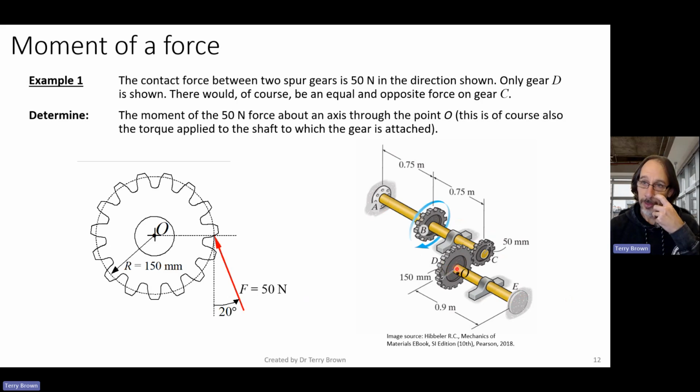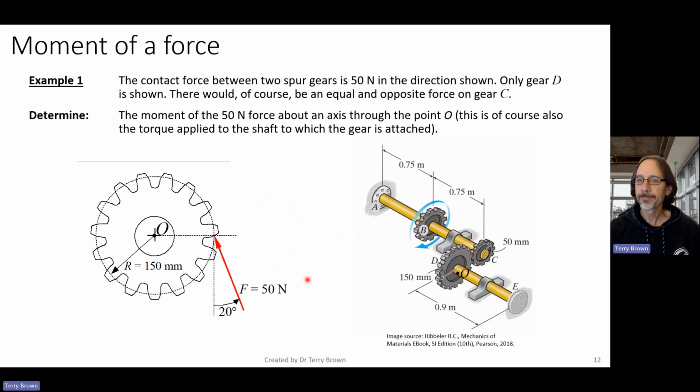and to work out the moment effect of the force that's generated between the two gears, or the torque that's applied to this gear. So let's just say we're looking at the gear, and at this connection point between gear C and gear D, we've got those gears in contact, and there's a force being transmitted between them. So if I drew gear C over here, we'd have equal and opposite force acting down on a tooth